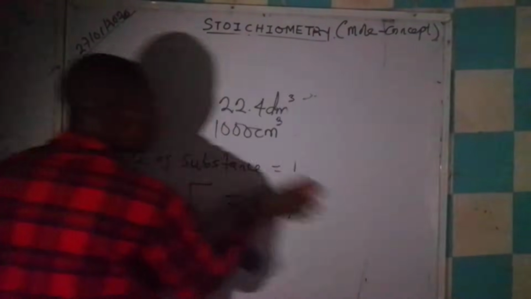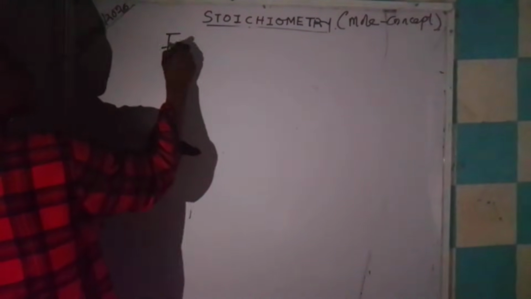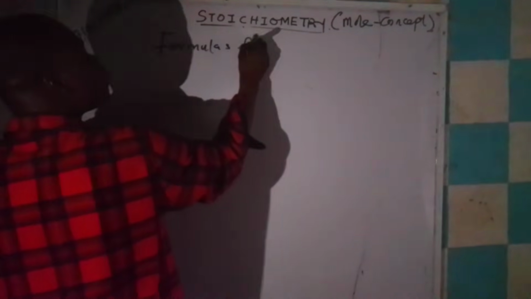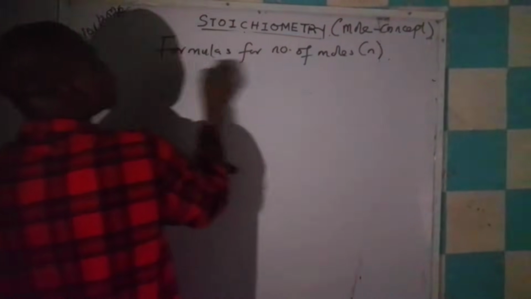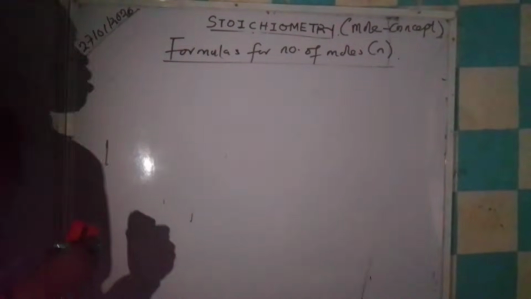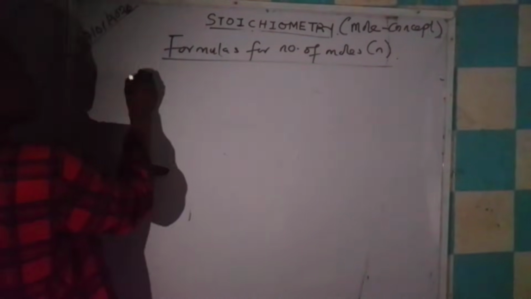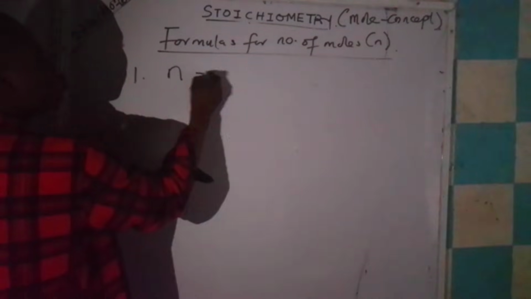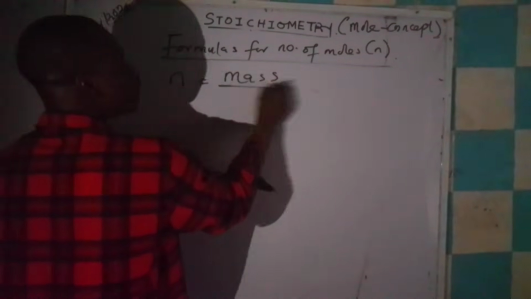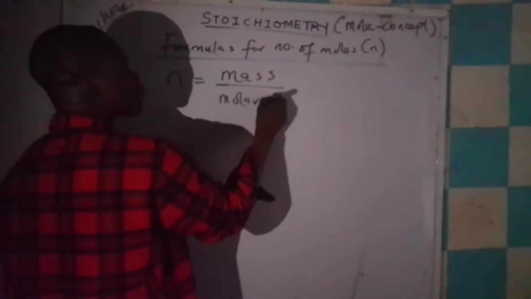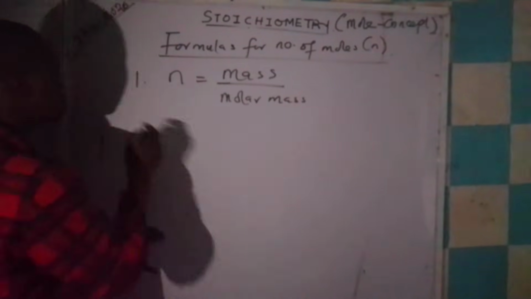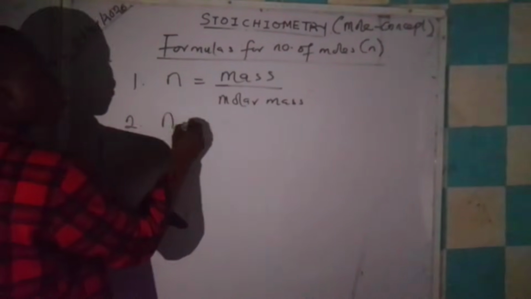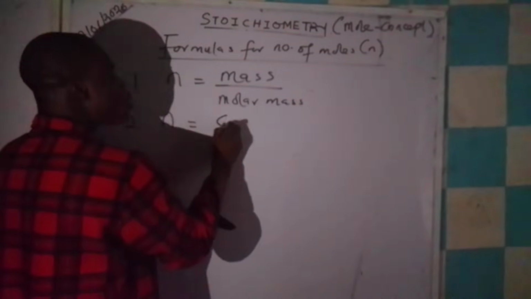Now, having known these basic things, the next thing to know is the formulas for number of moles. Number 1, number of mole equals mass over molar mass. That's the first one. Number of mole is mass over molar mass. Second one, number of mole equals concentration